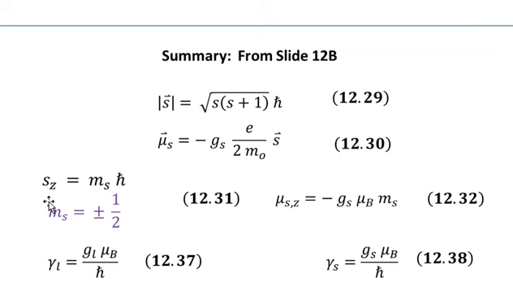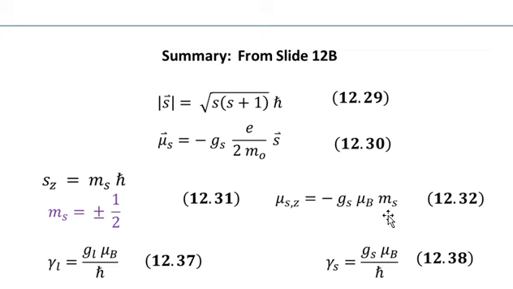Then you see that in equation number 31 we have the z component of the spin magnetic moment, represented in terms of the spin magnetic quantum number ms. So ms has only two values. It is the spin magnetic quantum number, and the two possible values for ms are plus minus half. Then the expression in equation number 32 gives you the relationship between the z component of the spin magnetic moment